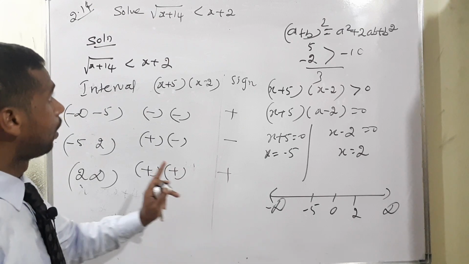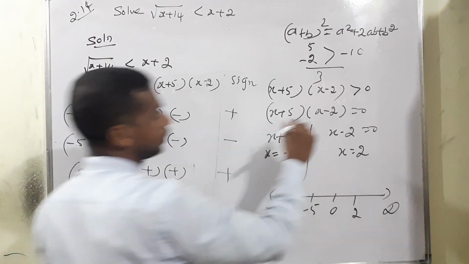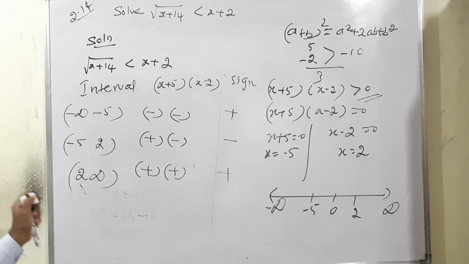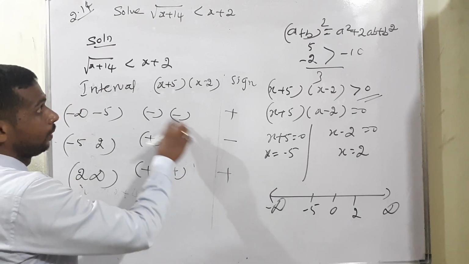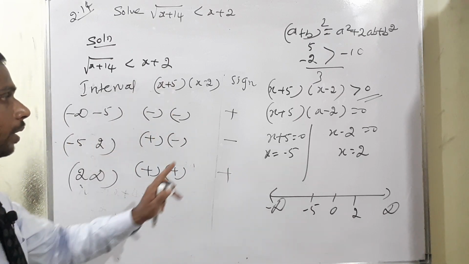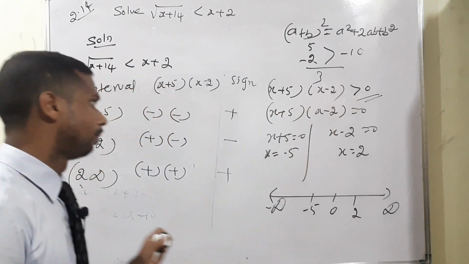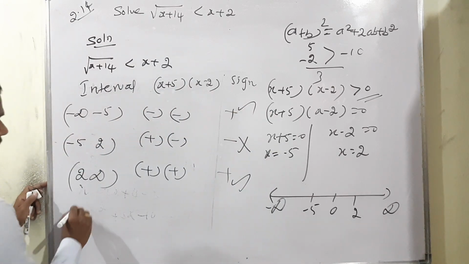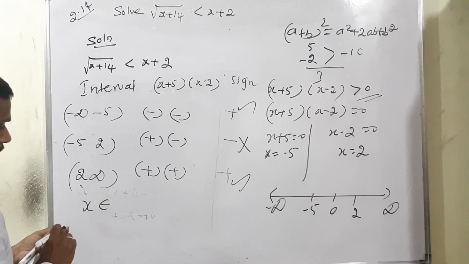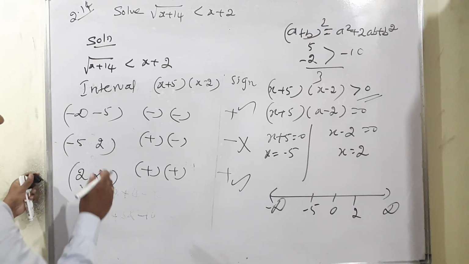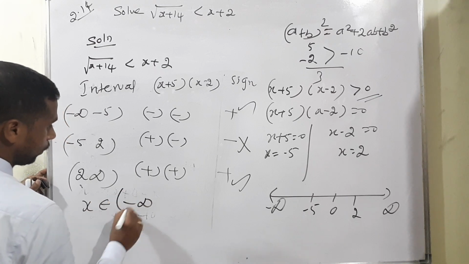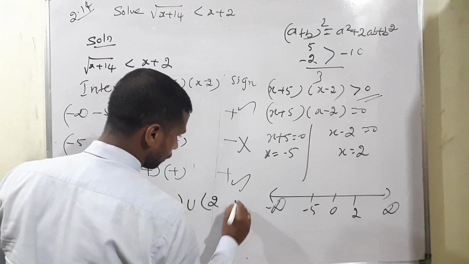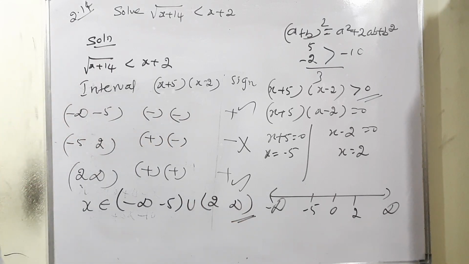So after taking the square root, we have the solution greater than 0, isn't it? So that is one of the important points. Less than 0 means we can consider the center value, but we have rearranged, isn't it? Squaring on both sides, then getting the value also greater than 0. Therefore, our term, the first one and the last one, the center is not possible. Okay, therefore we can write it clearly: x belongs to minus infinity, open interval minus 5, union 2 to infinity. This is our answer. Okay, I will continue with the next question.